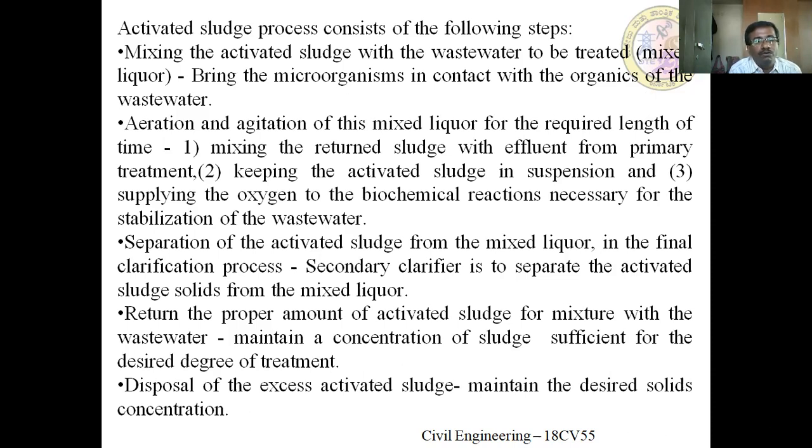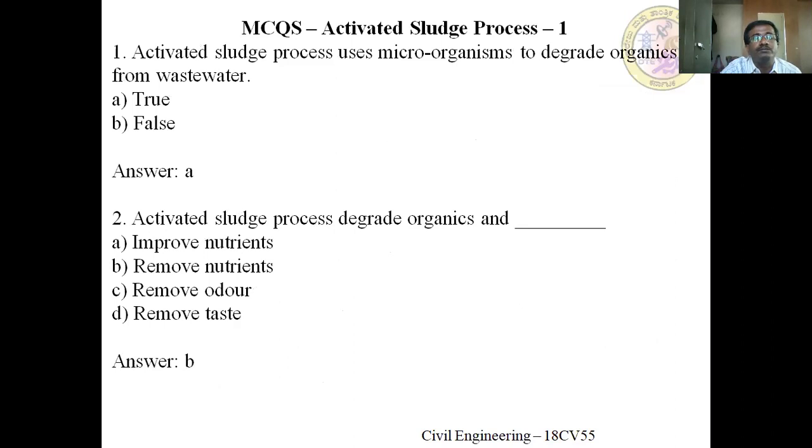Before we go for the design of the activated sludge process, we decide how much quantity of BOD should be removed from the wastewater, and depending upon that, the degree of returning sludge varies. Disposal of excess activated sludge: maintain the desired solids constant. If there is any excess activated sludge, once it has completed the process, it is termed sludge. It includes dead cells of the microbes, organic matter to some extent, inorganic metals, and so on.